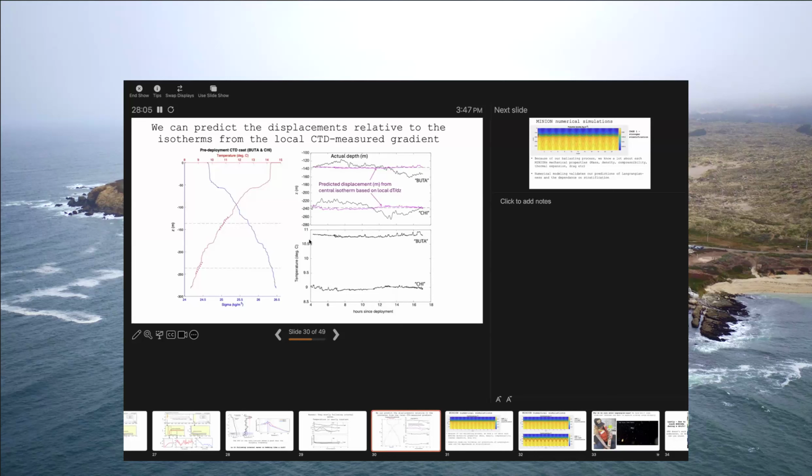It's not exactly perfect, and that's because the minion is a little bit less compressible than seawater, and it has to be by design. If it was more compressible than seawater, it would be like your dive suit. It would just keep compressing and compressing, and it would make you less and less buoyant the deeper that you got, so it would eventually hit the bottom. So we can't have a minion that was more compressible than seawater.